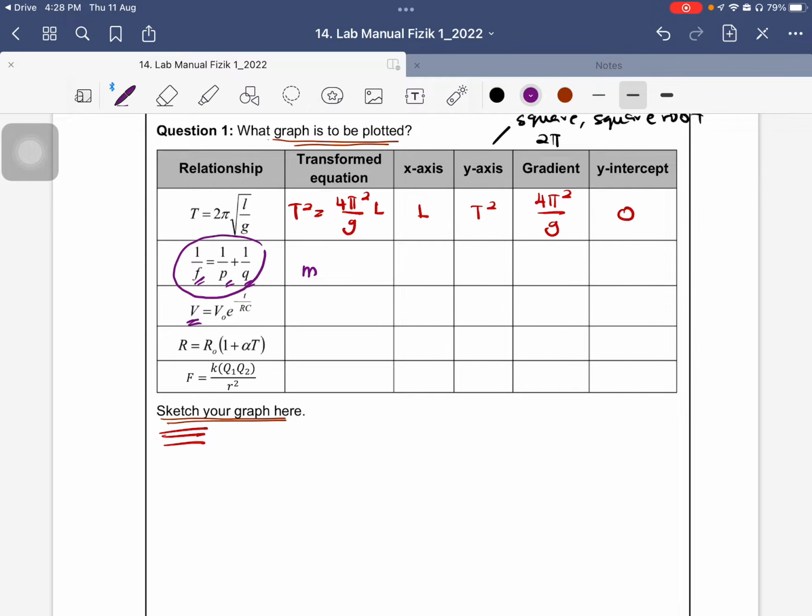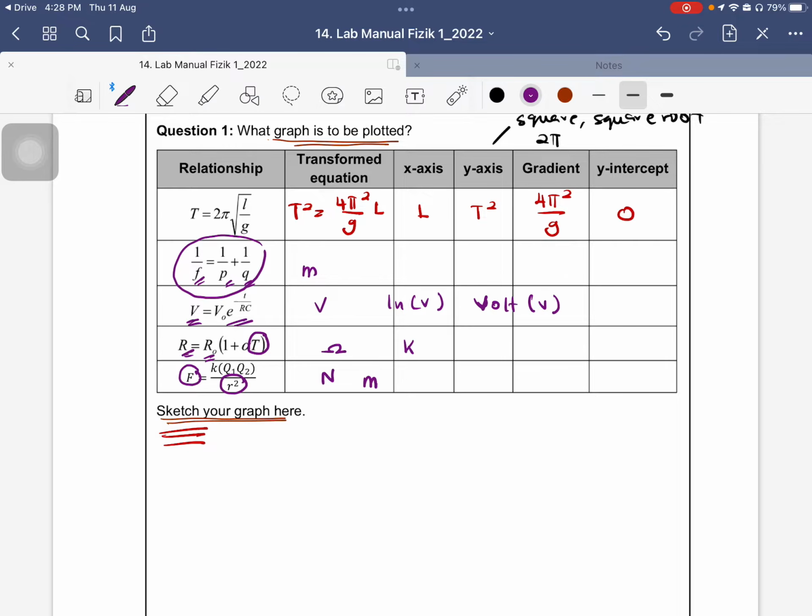This is the equation for the voltage of a capacitor. So the unit for V and V naught is volt. If you have a non-volt, the unit is still volt, V-O-L-T, but we will use V only for the symbol. And R is the resistance. The unit is ohm. This is temperature. The unit is Kelvin. This is force. The unit is Newton. And r, the unit is meter. It is a distance, so the unit is meter.